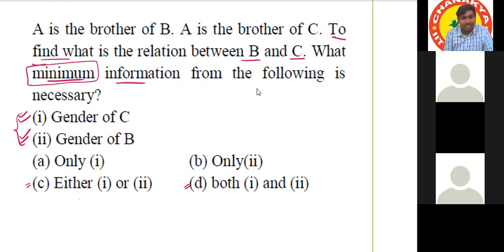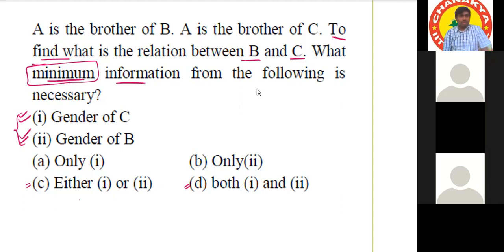Okay. Because if you know one gender, then the other we cannot define, right? So it won't be like a brother-sister; it will be like a brother with an undefined relationship. Sir, if we know the gender of B, then we can say, if B is a male, then B is the brother of C. We don't need C's gender there, because to find the relation between B and C, it's asking for the relation of B with respect to C or C with respect to B.